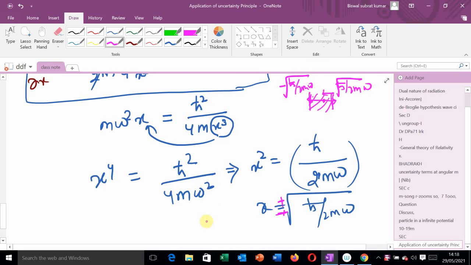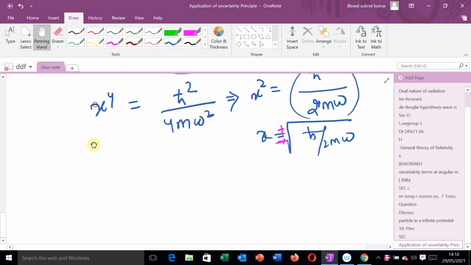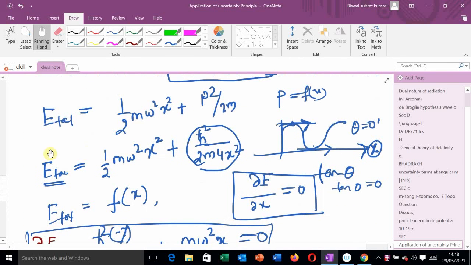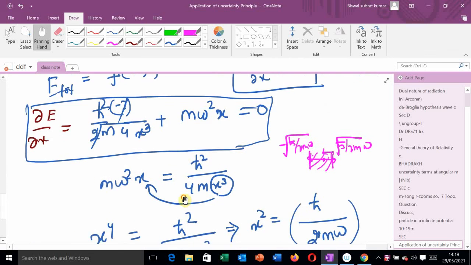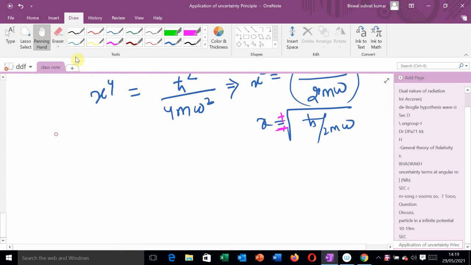Now what is the value of the minimum energy? If you put the value of x, whatever energy we get will be the minimum energy. The energy expression is this one, the original expression of energy. If I put in the value of x, what we get will give the minimum energy or ground state energy. So E minimum will be